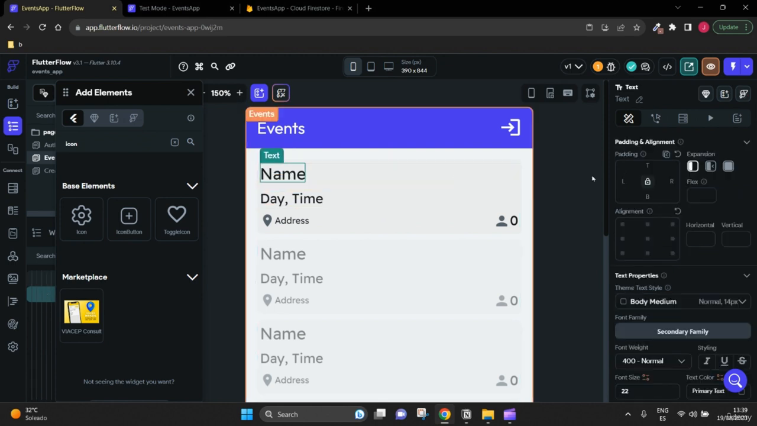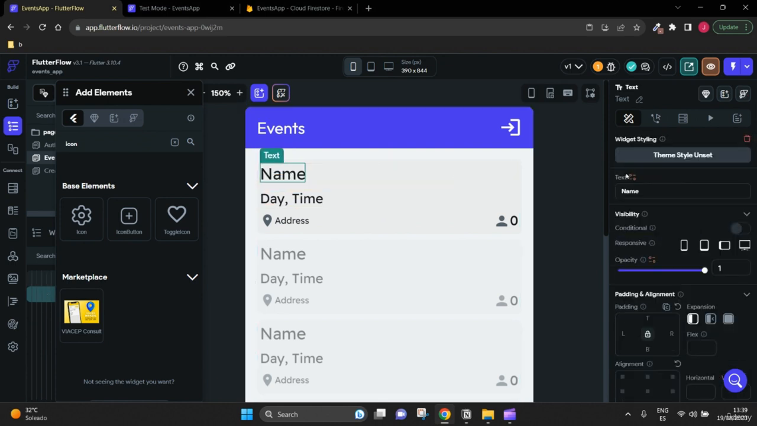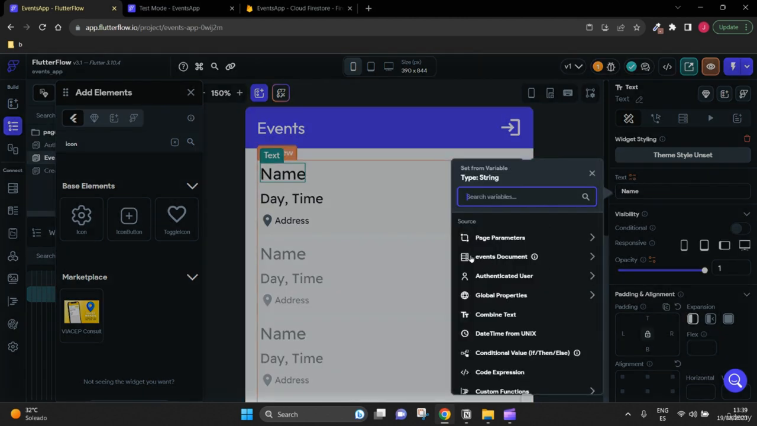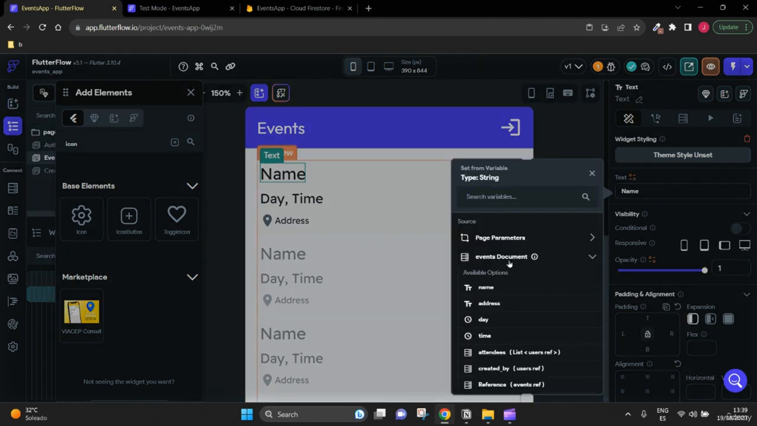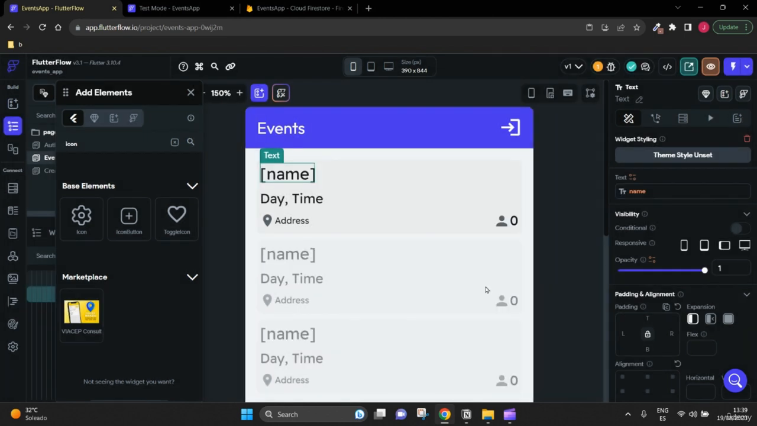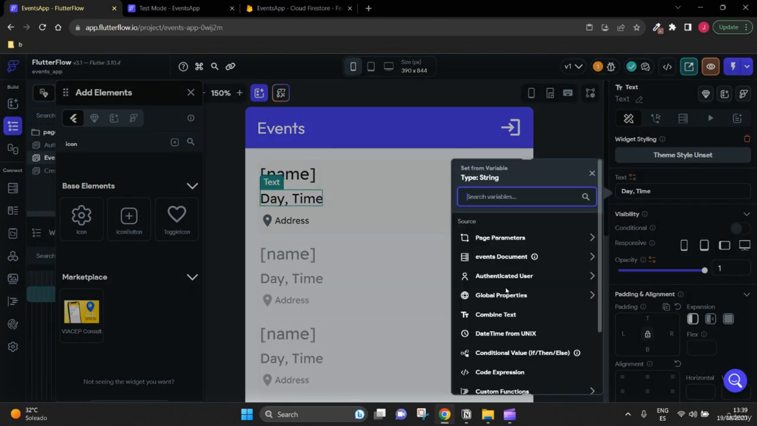Okay, so let's select the text, and for this we're going to go to the properties, select the orange icon, and now we have access to the events document. And now we are going to set it to name. So for the name, we're going to set it to name. For the day and time, we're going to set it to